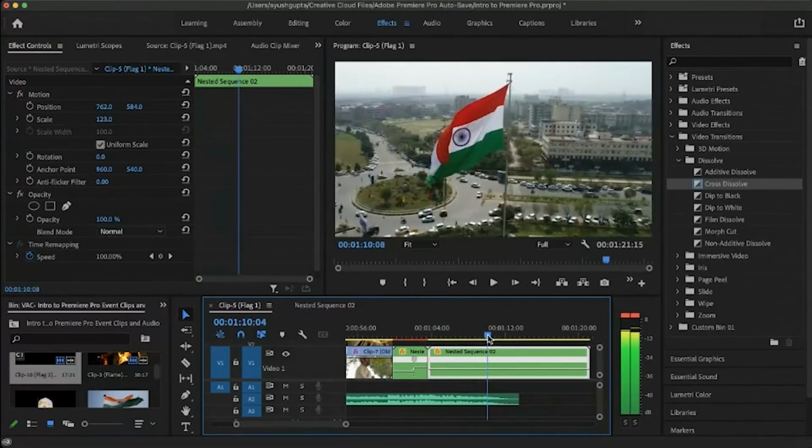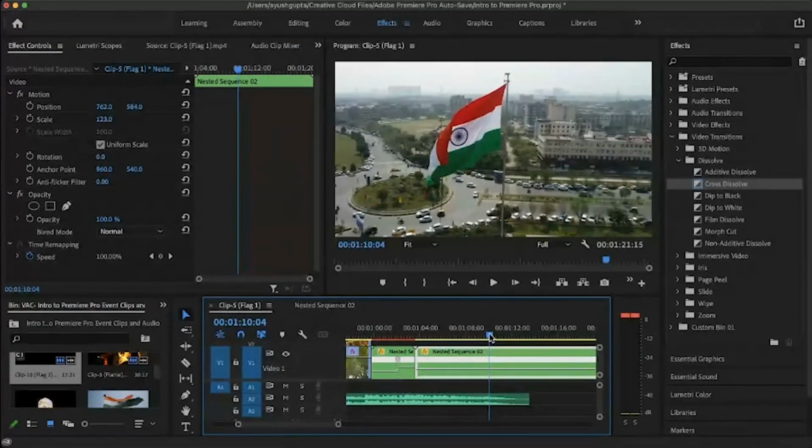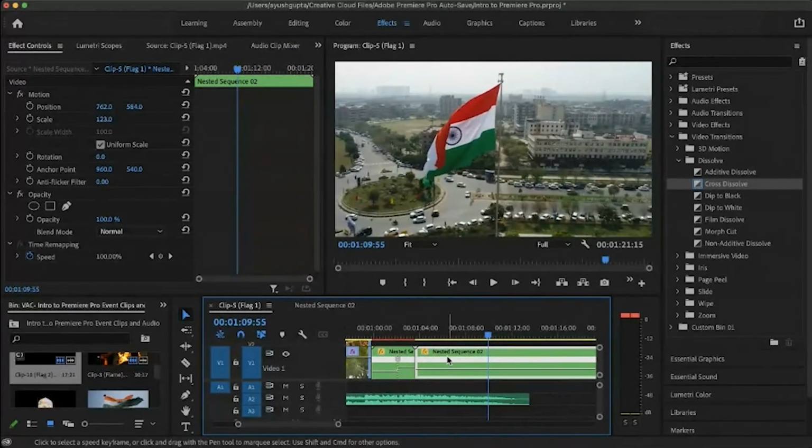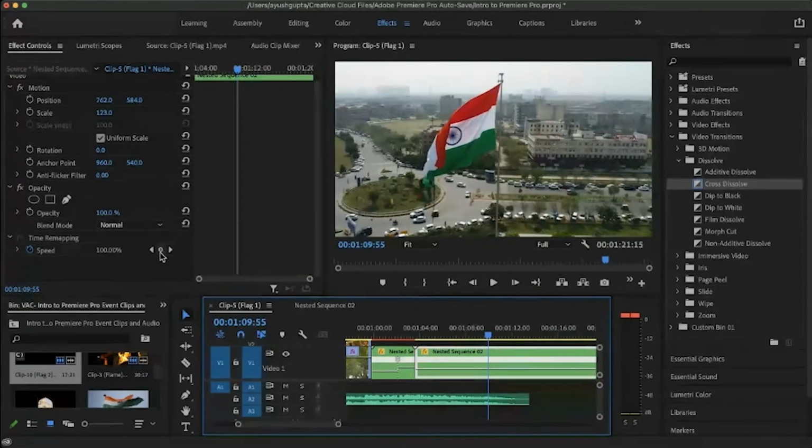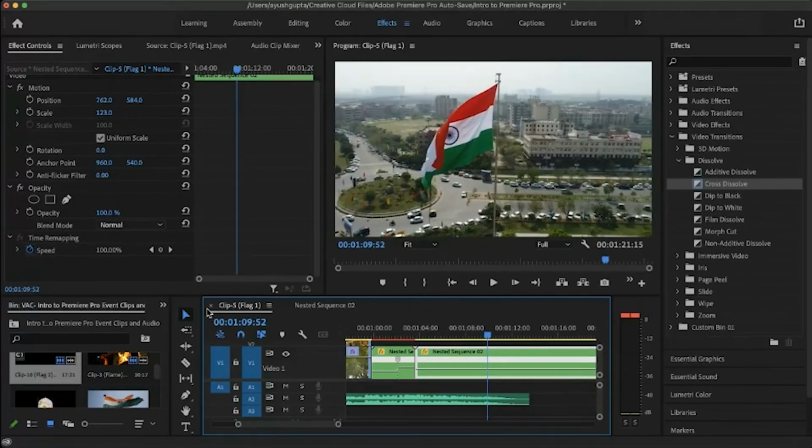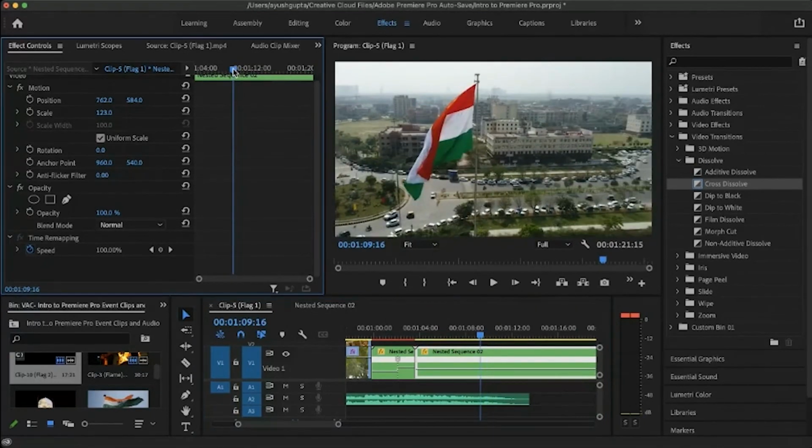For that part, I want the second clip to be a bit fast at first and then slow down. So for that, wherever I want the transition to occur, I'll take the current time indicator there.